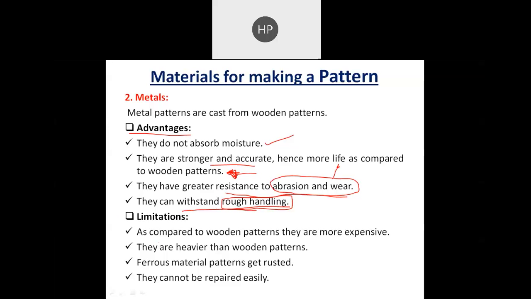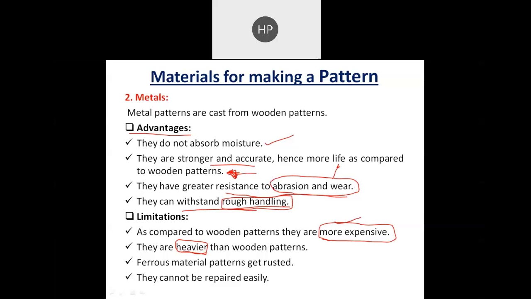Now still it has certain limitations. As compared to wooden patterns, metal patterns are more expensive. That is one reason. They are also heavier than the wooden ones, so when it is heavier, it is very difficult to handle. While wooden patterns are very light as compared to metal, so they can be easily handled during the